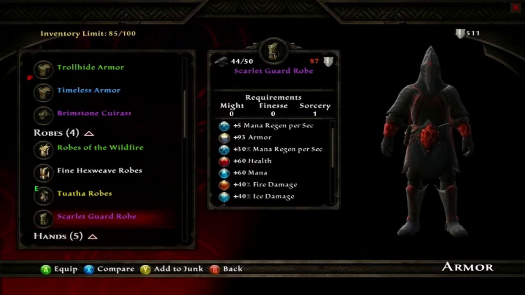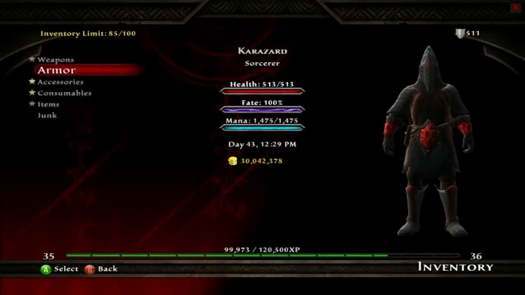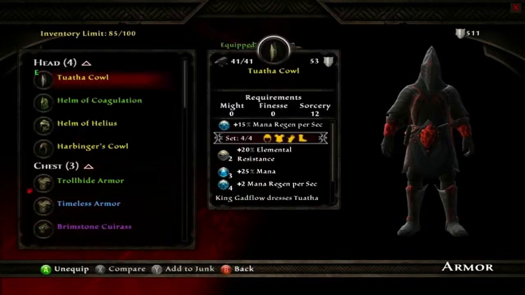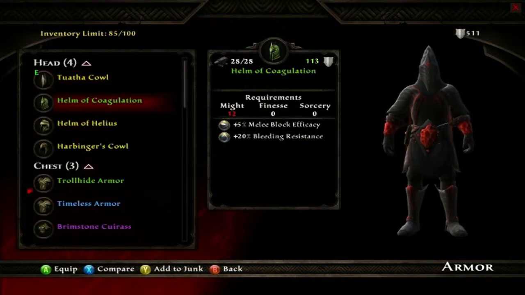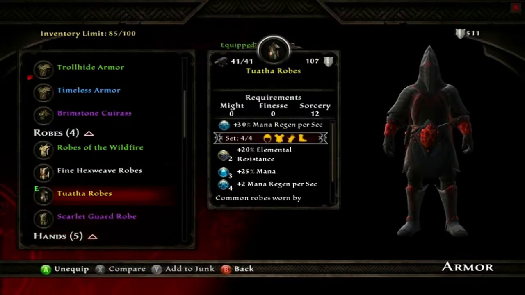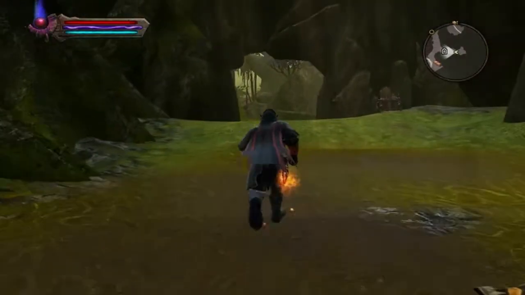This is the Scarlet Robes I had. Much better. This is a Tuatha, so really it just gives me better mana regen. But either way, we'll do that. It seems to have more armor though? Let's see. 53 armor, 37. Let's see, 107. It has more armor value on it, but as a mage, armor value isn't